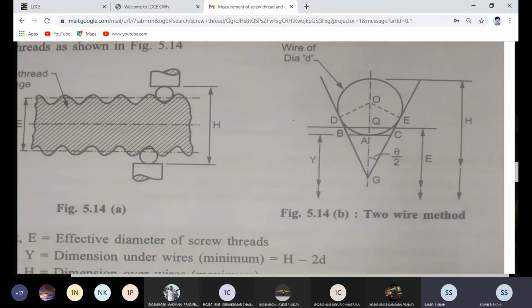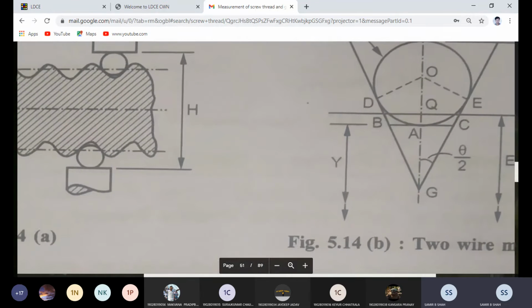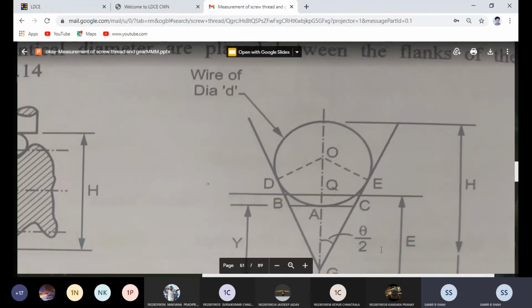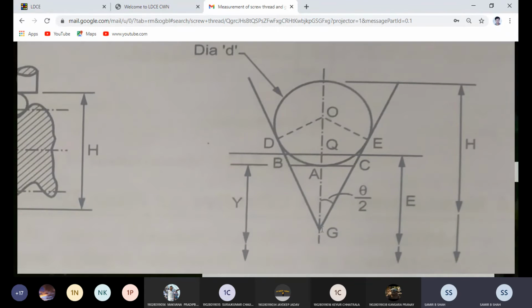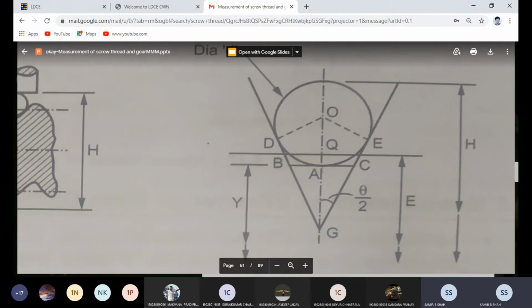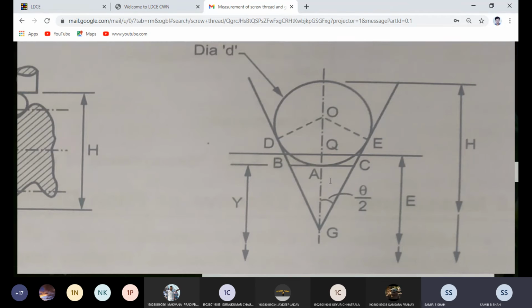Okay, from the same equation I just put the value as per the mathematical way and as per the diagram. AG is equal to, you just focus on the diagram. I just zoom it so it's very clear in your mind that AG is equal to OG minus OA. Already we have the answer of OG and OA. OA means what?